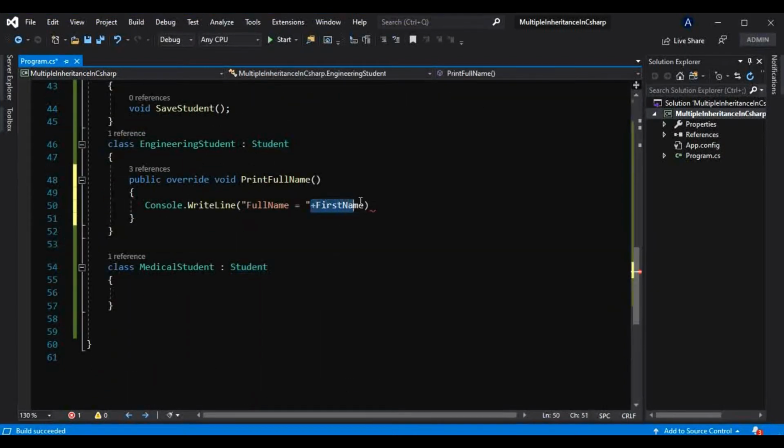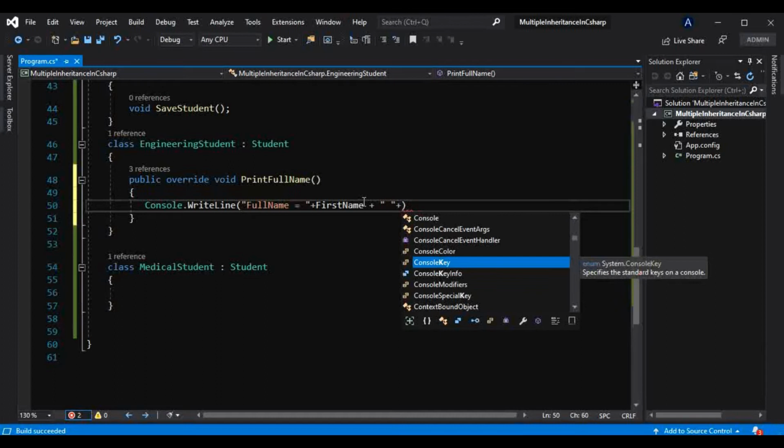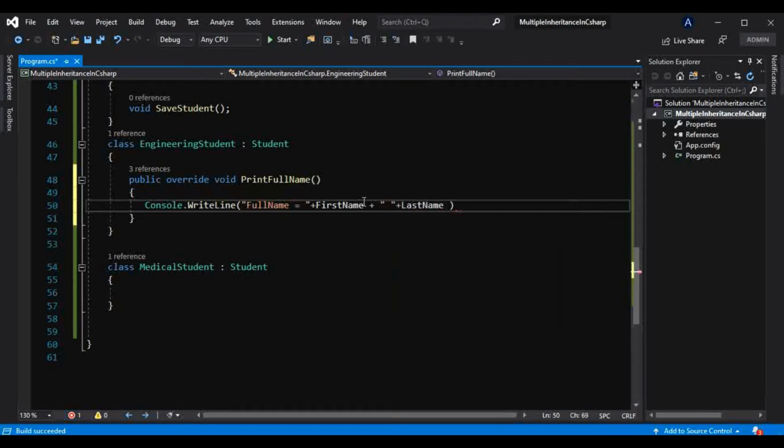It is able to access that base class property, and I will append that last name as well, like this. And I will append one message that this is an engineering student.